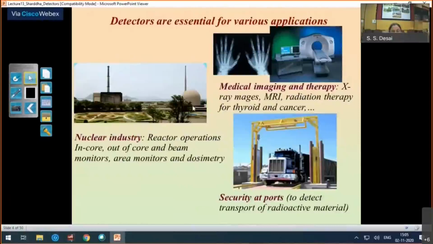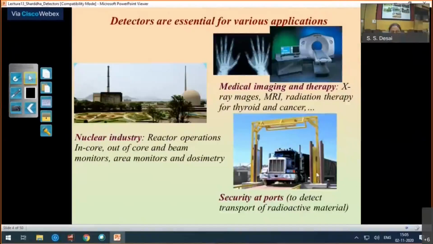These are the usual applications of other radiation detectors you see in day-to-day life, right from medical imaging, like simple X-ray, MRI, and PET scans. These all use different functions for the different radiations. But now we will concentrate on neutrons today. This is one of the security portal monitors, used for security in case any radioactive or explosive material is being carried.